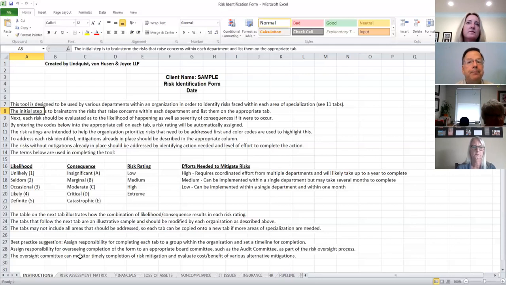But they thought that it would be best to allocate responsibility for the different tabs to other individuals who know more about each area than necessarily finance, which is more focused on financial statements and maybe some of the loss of assets items. So they were going to involve HR and IT and other departments, development, to each take responsibility for one of these tabs in the Excel schedule and populate it with the risks that their area of interest is facing, as well as the current mitigations and what needs to be done, and even to evaluate the significance